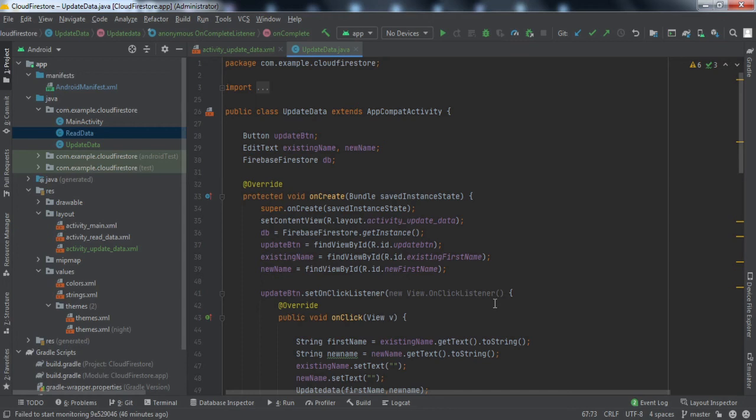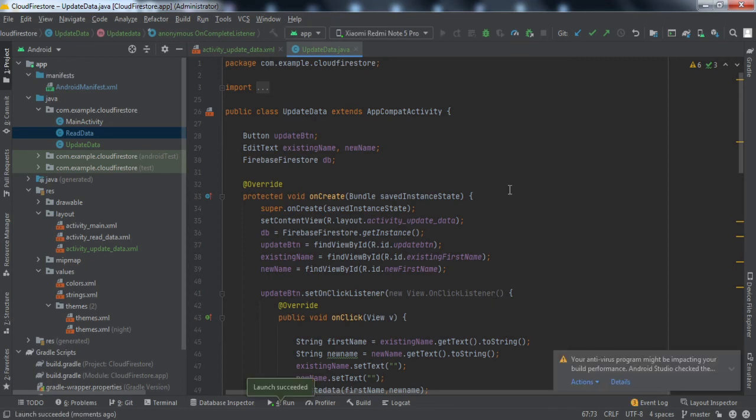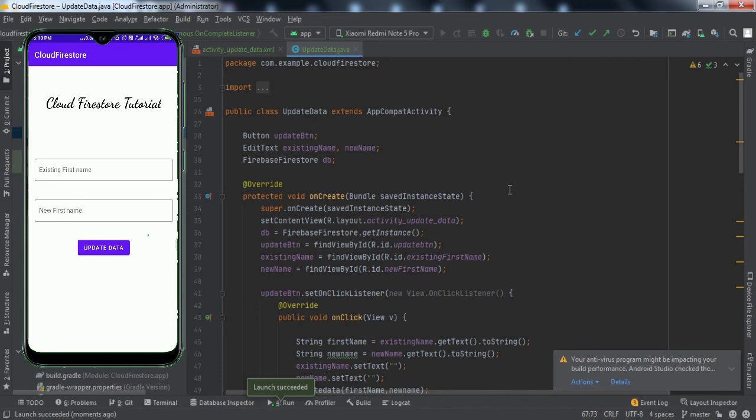I hope you understood the code. Now I'll quickly install this app on my cell phone and see if the code is working or not. So guys, the app has been installed on my cell phone. I'll just quickly test the app.